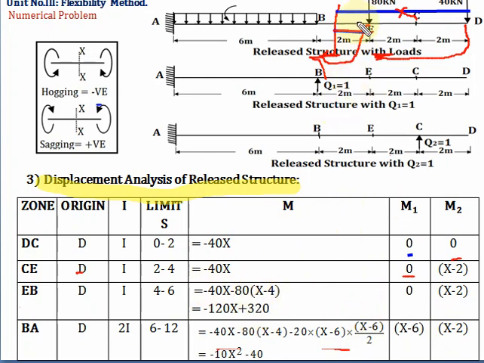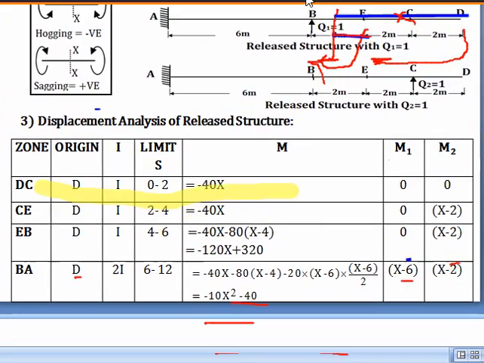So minus 80 into x minus 4. Okay, so the intensity of the point load is 80 and the length is x minus 4. If you solve this, we'll get minus 120x plus 320. Okay, now